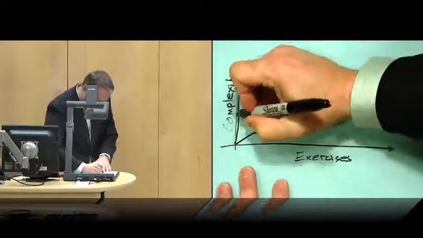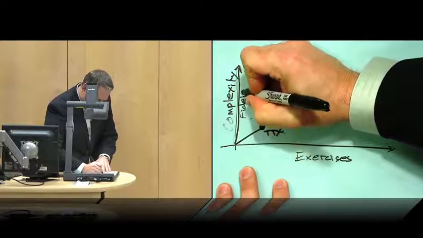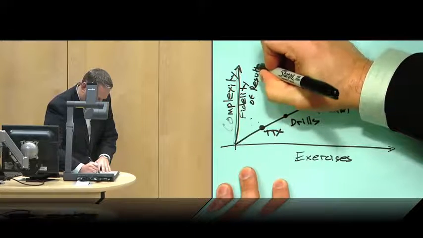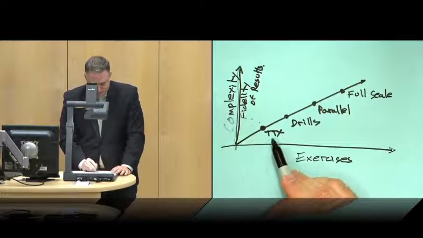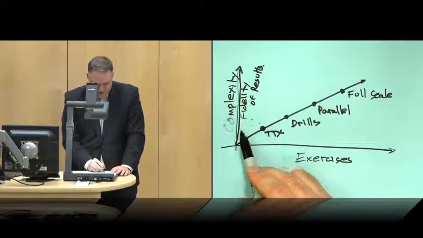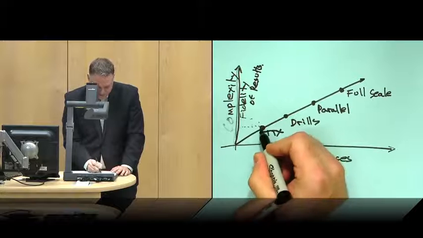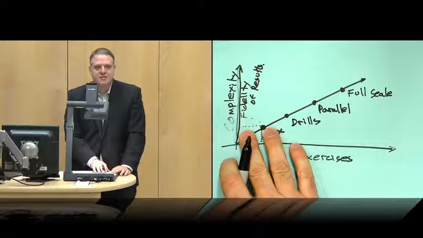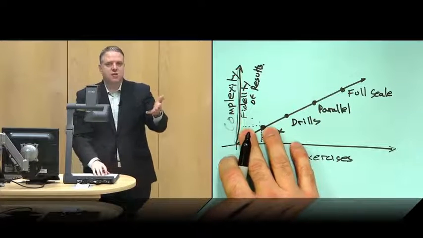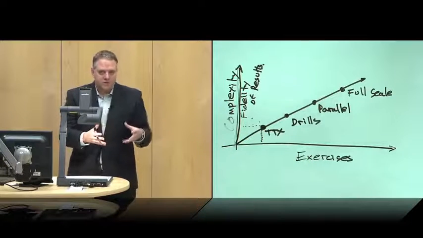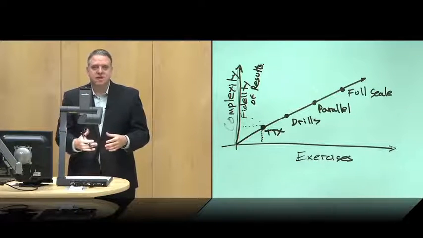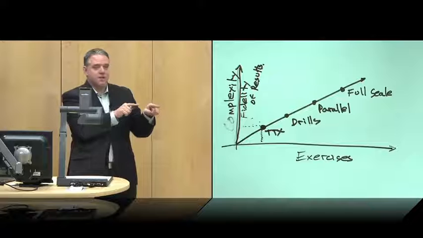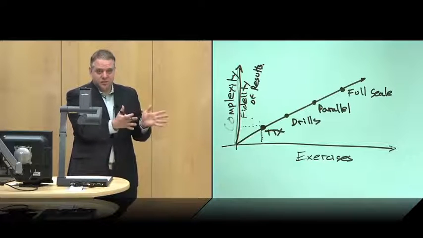And I'll add one more axis here. Fidelity of results. So as you go up this scale, a tabletop exercise is not incredibly complicated, but your fidelity of results, what you're actually getting out of the exercise, is going to be somewhat limited because it's people sitting around a table talking about what we're going to do. It's very appropriate to do these types of exercises, but don't have the expectation that what's going to come out of there is, okay, Billy Bob over there doesn't know what he's doing from a recovery standpoint.